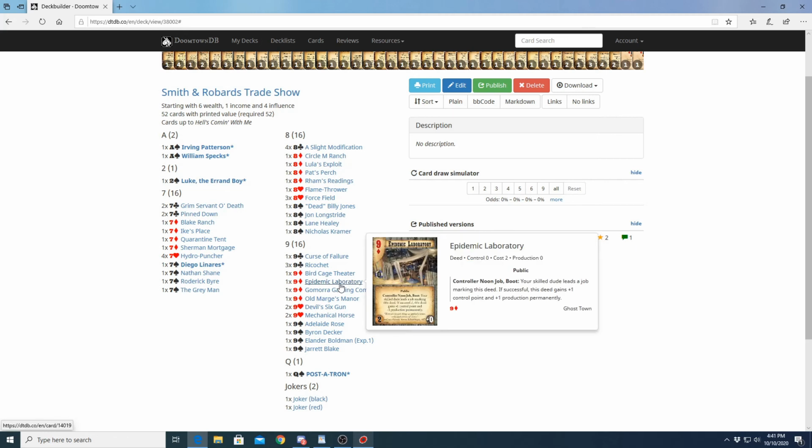Let's see. Epidemic Laboratory. Yep. This is a good way to get control points for a deck like this. Oh, go ahead. No, I was going to say this is one of my main choices because I'm working on a First People's idea right now, and this is one of the main choices that's going into the deck. Yeah, so it's great in this deck. It's a good card for...